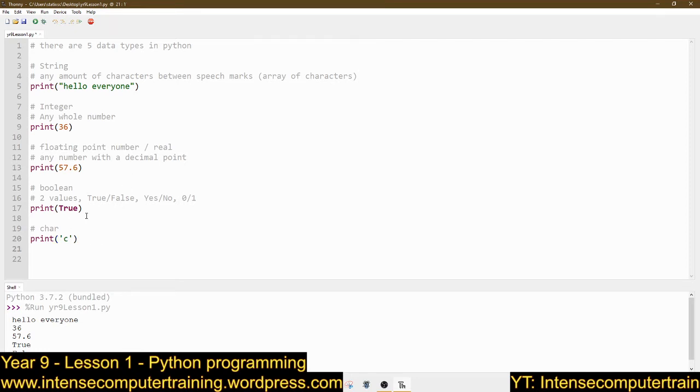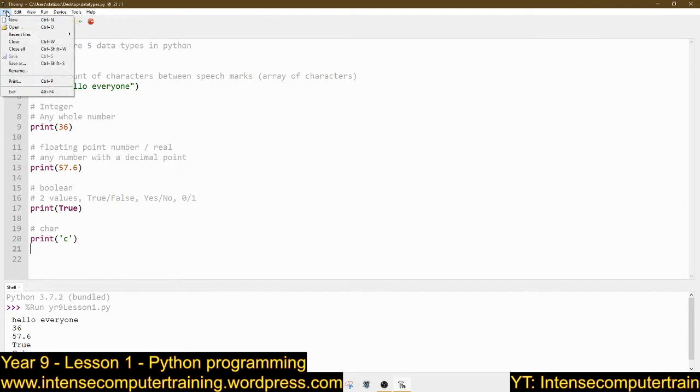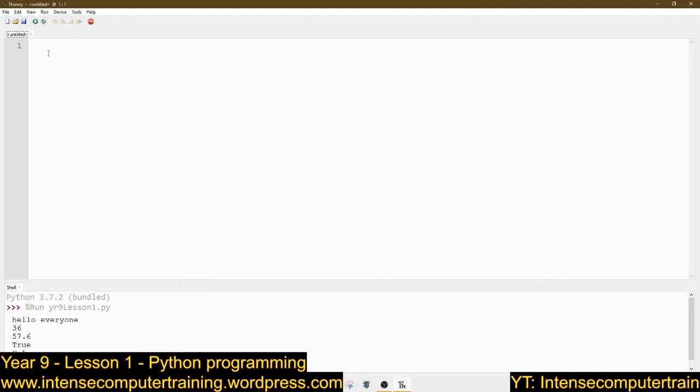So what I normally do is I'll save this, file save as. I'll call it data types, and I'll just save that to my lesson as well. And then I'll go file and new, and I'll shut that down because I don't want it anymore. But I've still got it, and I've still got that reference, and that's what you should do in your programming. Every time you do something, save it as a different file, and then make a new one, and then keep your learning going, so that if you do go, oh, what are the data types again, you can actually reopen it, because we don't want to keep running all that mess every time we run our program.